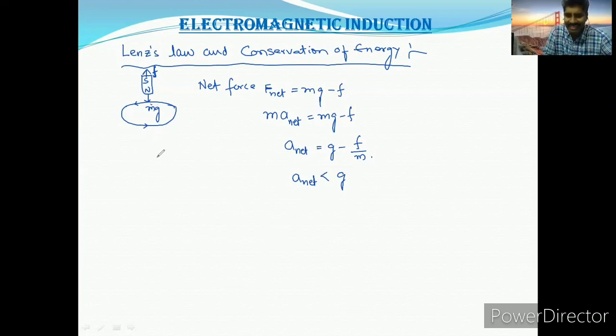If it is a cut ring, it will not produce current in that ring. So for example, I am taking a vertical ring. Whenever we take a magnetic bar with this south and this north pole, and move it inside this ring, it induces a current in the clockwise direction. Clockwise induced current will be produced.